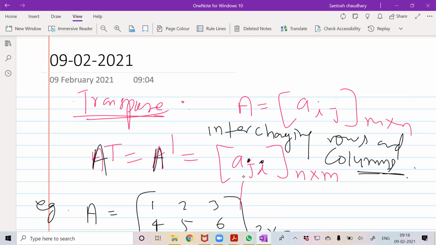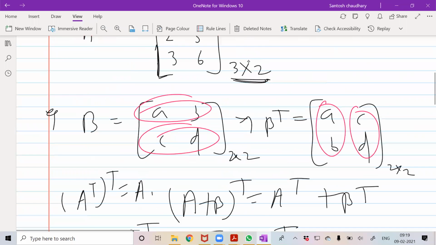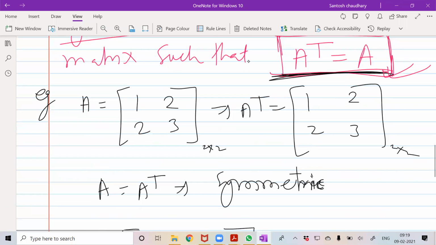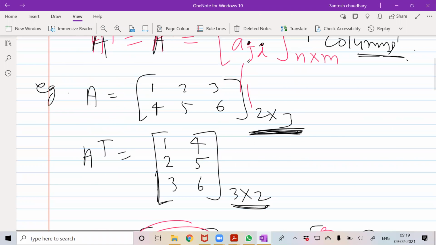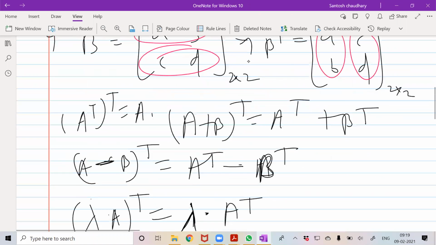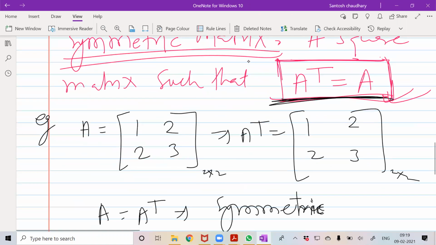Okay, did you understand what transpose is and what symmetric is? Someone tell me one, otherwise I will not continue, because I don't think you have attention here. Yes, sir. Tell me one example of a symmetric matrix, otherwise I will stop the class right here. When you understand and when you are in the mood to study, we'll continue in the next class, okay? If you are not able to write them.